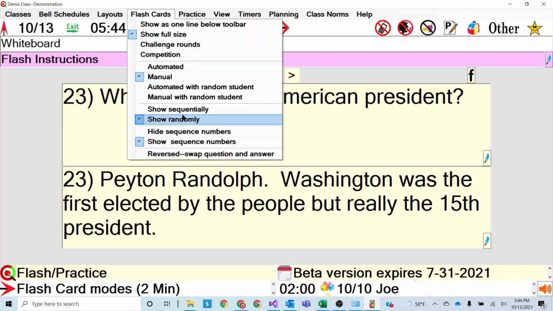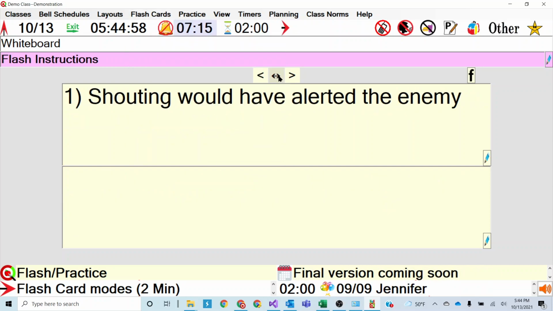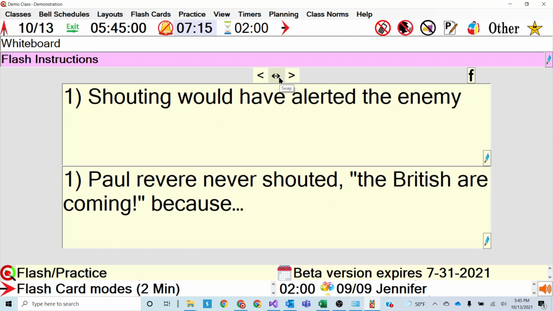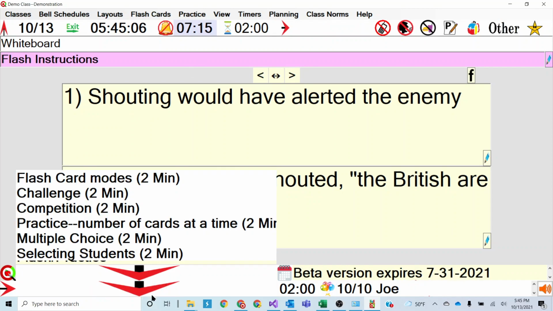All right, so there's only one other, and that is the swap. I have the swap here, but you also have the swap here with this button right there. So now with challenge,